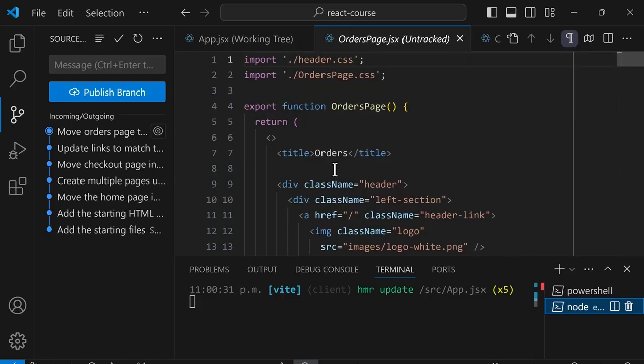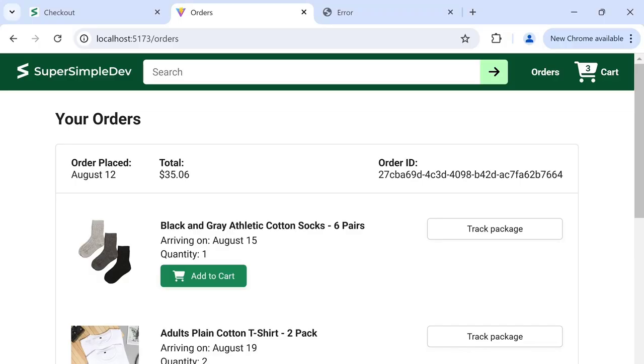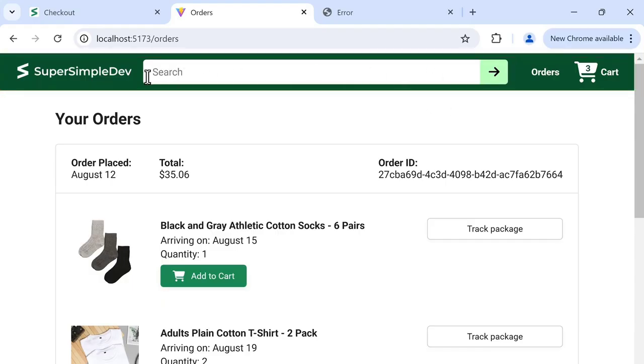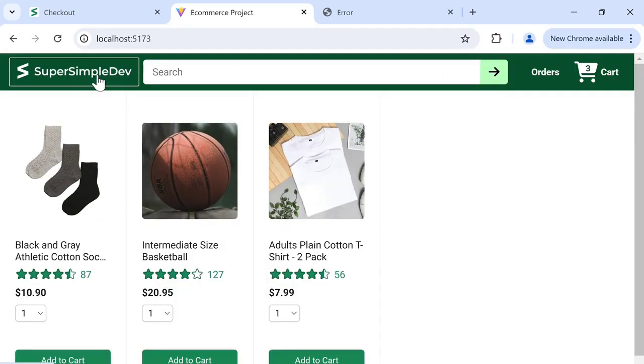Next, we're going to separate our page into smaller components. For example, if we look at our website, notice that on the orders page, there's this header at the top. And if we click the top left and go to the home page, we have the same header at the top of the page. So it's a good idea to separate the header into a component so we can reuse it between these pages. We'll go back to VS Code,